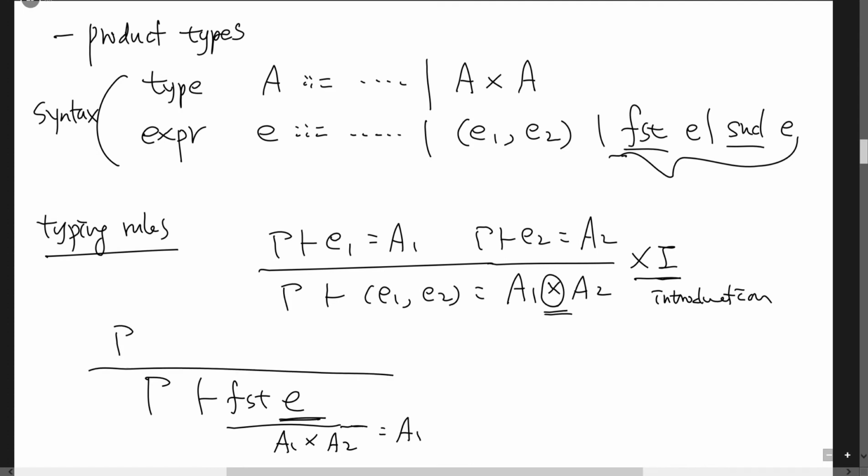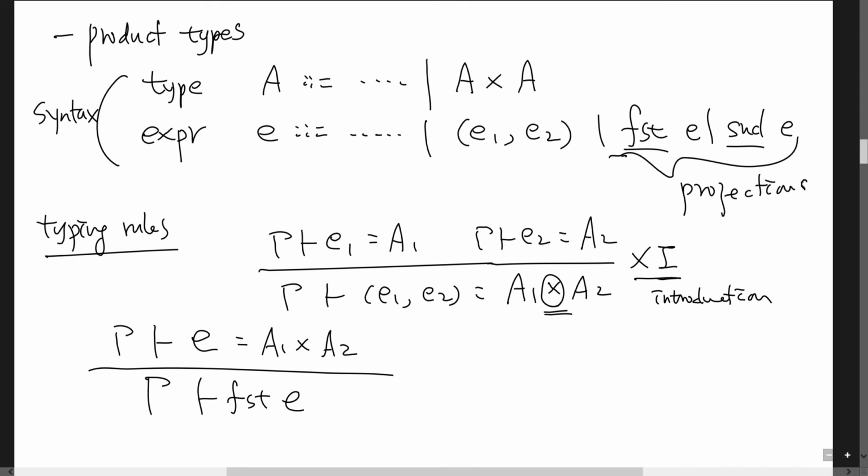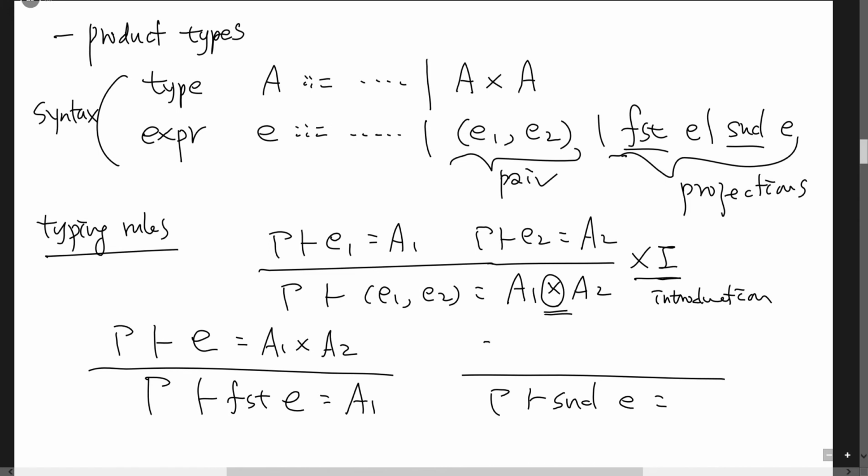So we require that expression E should have a type A1 times A2, in which case these expressions are called the projections. This is called a pair. Projection first E is going to have a type A1, and similarly, second E is going to have a type A2,